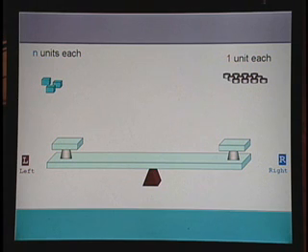Alright, let's take an example. We have our three-dimensional balance or three-dimensional seesaw here. On the left hand side we have some cubes. These cubes represent objects. We do not know what is the weight for each object. Now the challenge is that we have to measure the weight for each object.